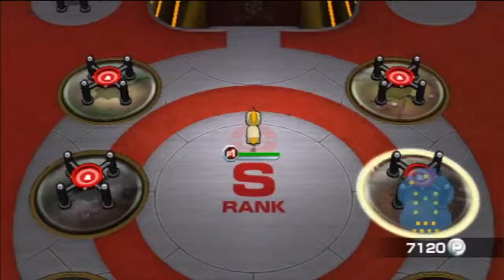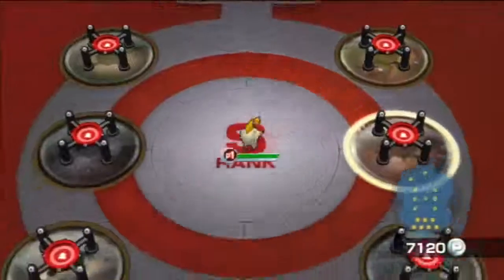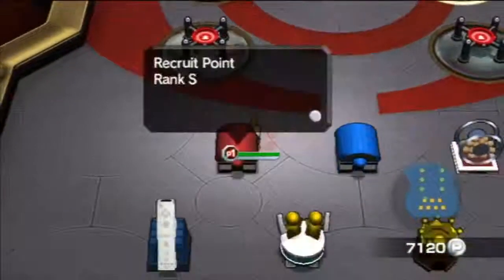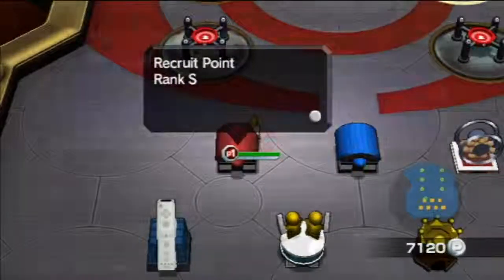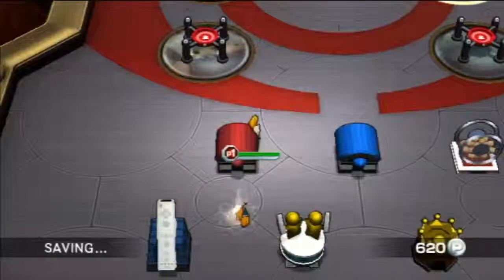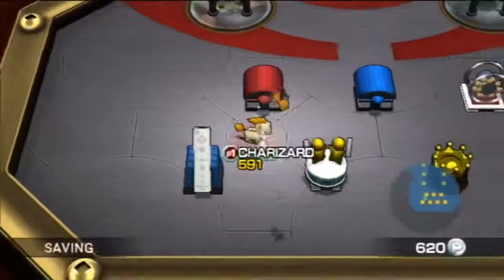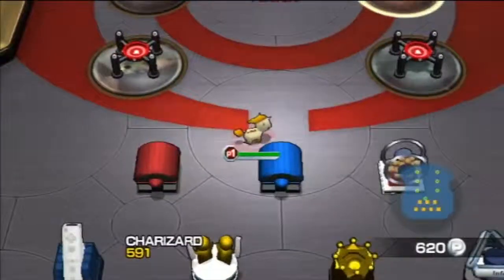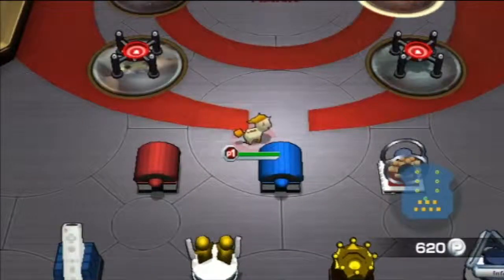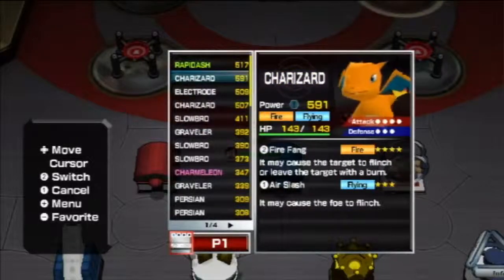Okay, so after you defeat Moltres, you do not go right into the Windy Prairie. What you want to do is you want to go to this right here, which is recruit points. So you're going to just spam recruit, and whatever Pokemon pops up, you can either take it or not. It can be a Ditto, it can be a Moltres, it can be a Snorlax, it can be whatever, obviously. And it'll be whatever power. If it's over 600 power, it'll be marked as 699 or 599. It won't be marked as